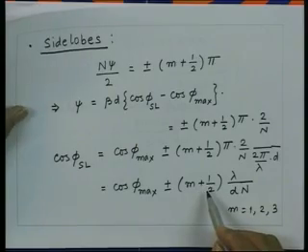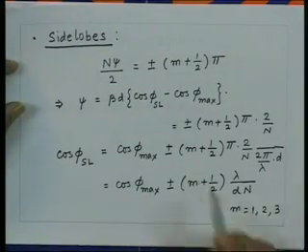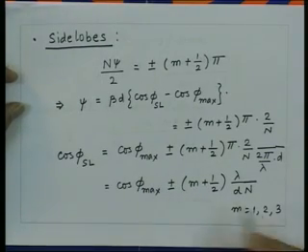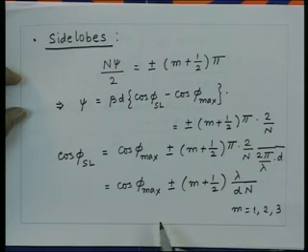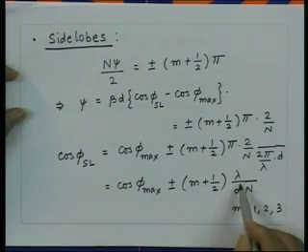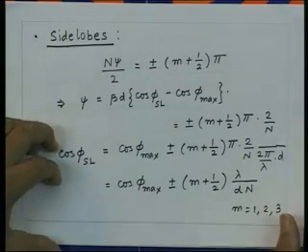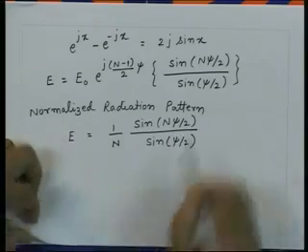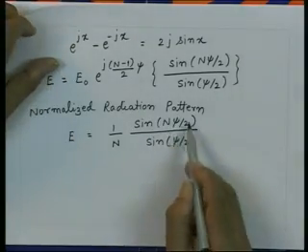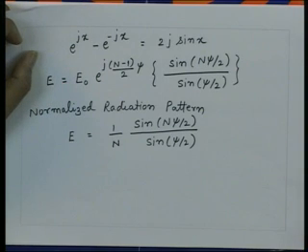Remember here the side lobe is going to come only after the first 0 is crossed. So, m equal to 0 would not represent a side lobe, m has to start from 1, because the first null will occur corresponding to m equal to 0, that will correspond to this quantity when we put it equal to 0. So, essentially what we find from this expression is that if I substitute m equal to 1, which corresponds to the first side lobe, then at that location this quantity will be 1 and sine will be essentially corresponding to n psi by 2 equal to 3 lambda upon dn. So, we get from here